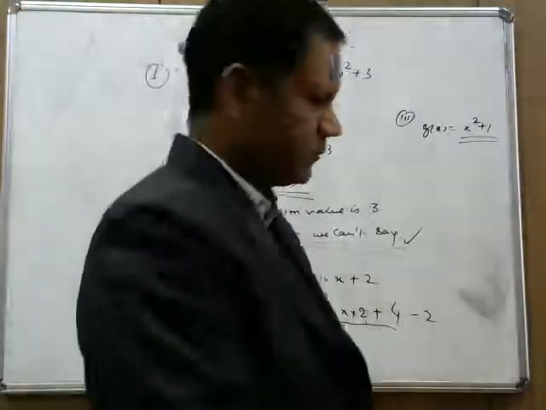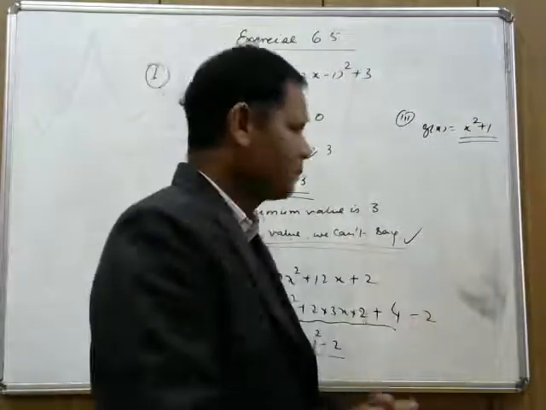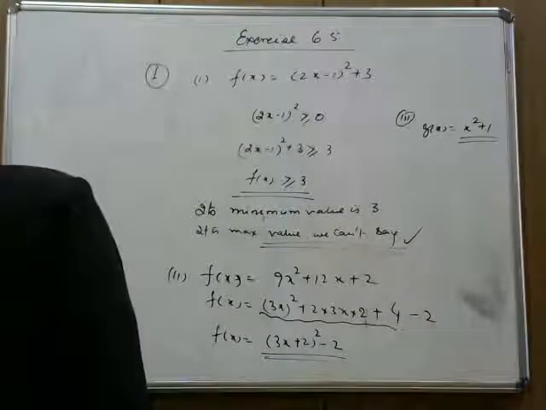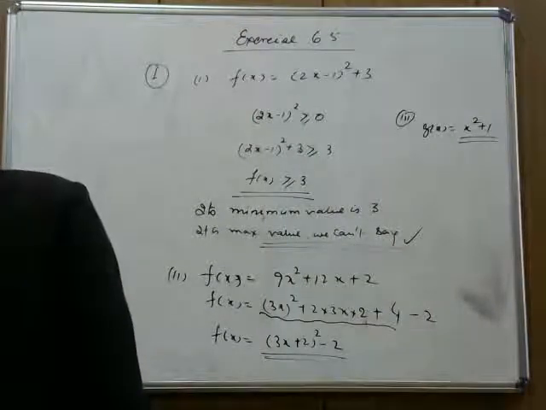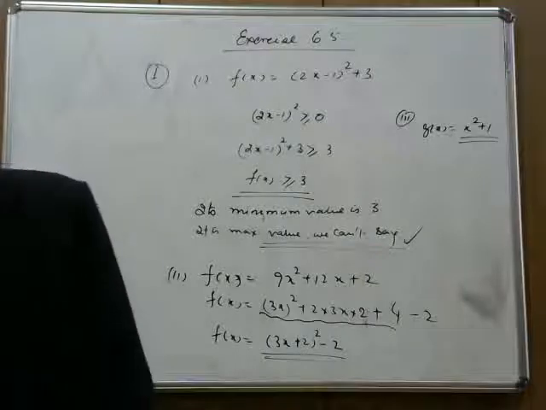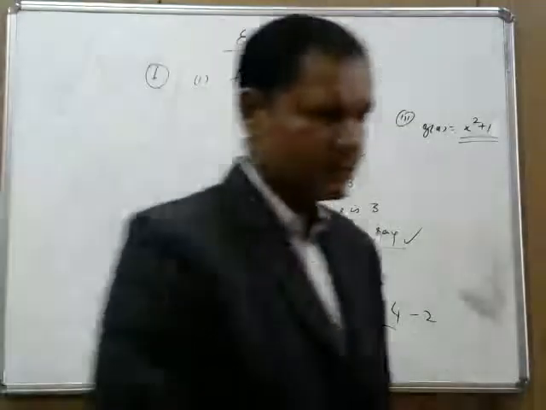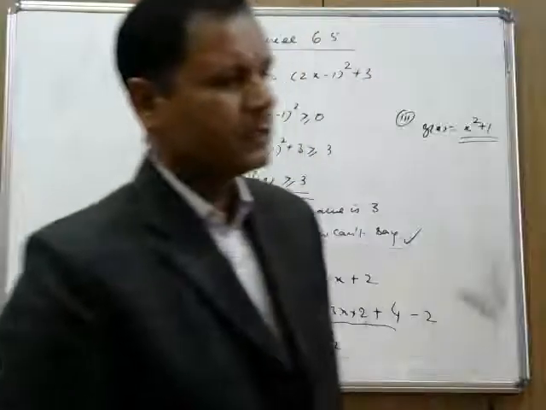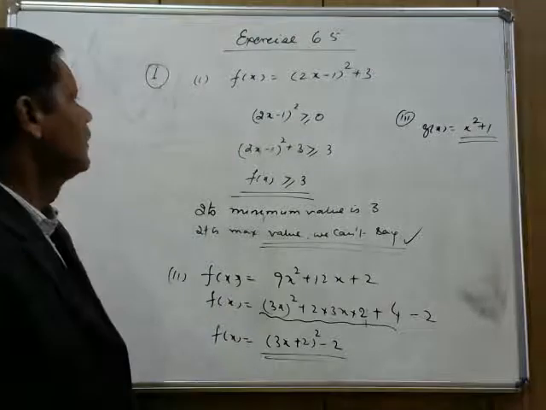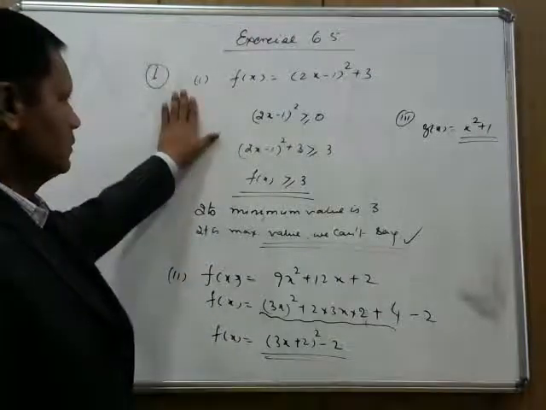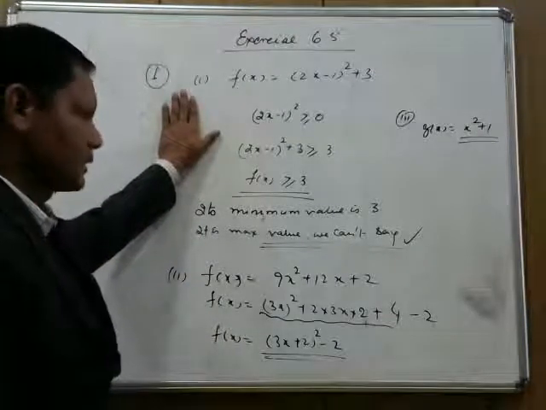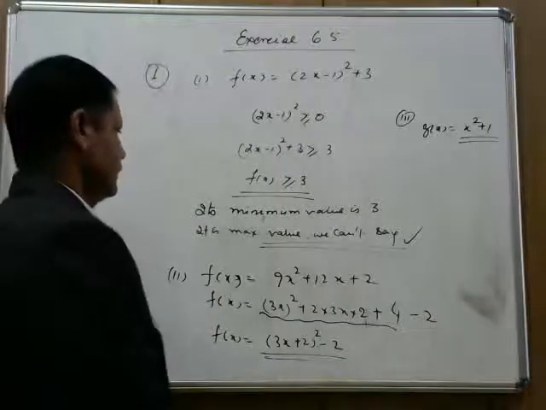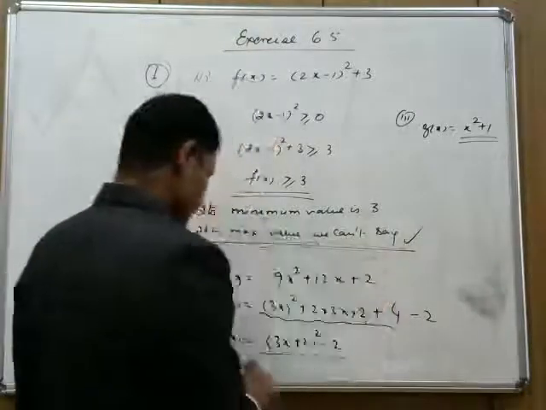Now in the first and second question of the book, find the maximum and minimum value, if any, of the functions. Suppose I have f of x. That means in the first part, or the first question, simply we have to find its minimum value and maximum value, and that we have done, isn't it? Here its maximum value we cannot say.